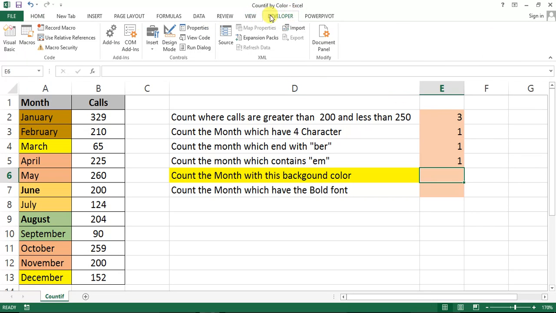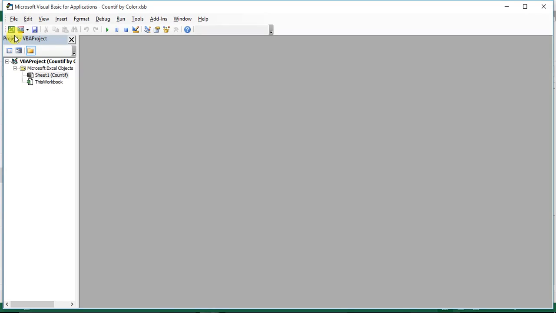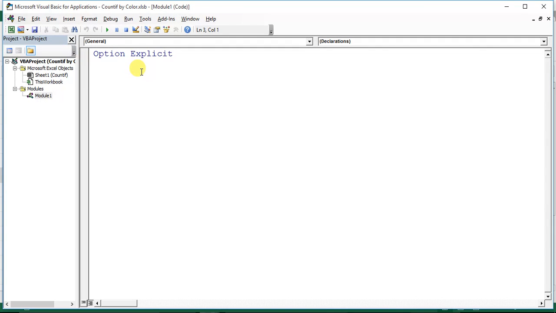I'm going to the Developer tab, Visual Basic, or you can press Alt F11 also. I'm inserting a module here. Okay, now we will create a function here. Function,